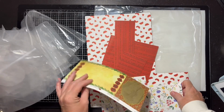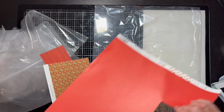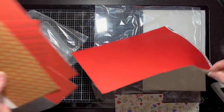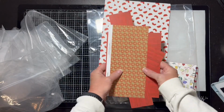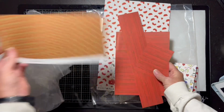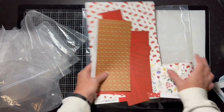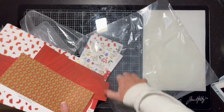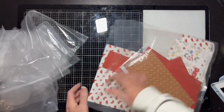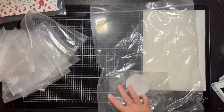This might not be right, actually. I picked this to go with this, but then I ended up pulling this in. Of course, I can still use the red here, but then this kind of came. So, I don't know. This is the first one. This is the only paper that's thrown me off. These may go together, and you may go back in a scrap bin. I'm not sure. We'll see. So, that's kit number 1. I don't have any embellishments or anything at this point. I will have to think on that, y'all. I've got all kinds of little color things and stuff, but...